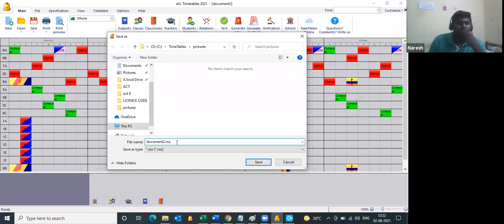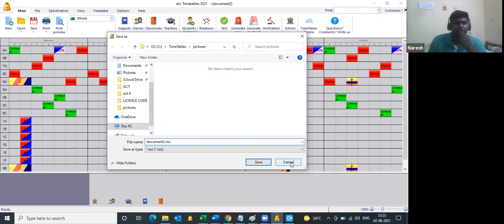This you can share with your teachers, like an Excel file. Say, for example, teacher A is using timetables and wants another teacher to use it. So teacher 2 will be downloading and installing it on their computer or laptop, and they have to key in the license, and then they have to use the copied or mailed file. So on each computer, you need to download, install, and key in the license. Then only the software will become activated.